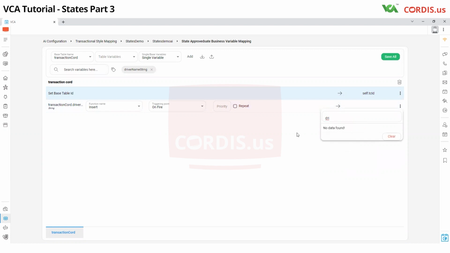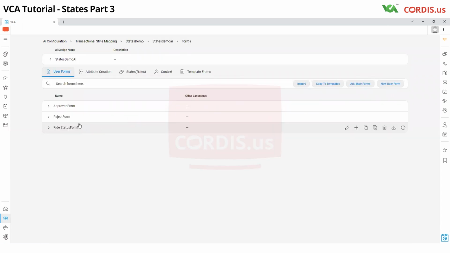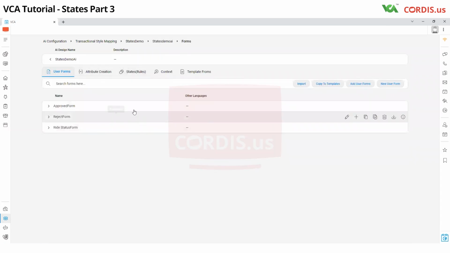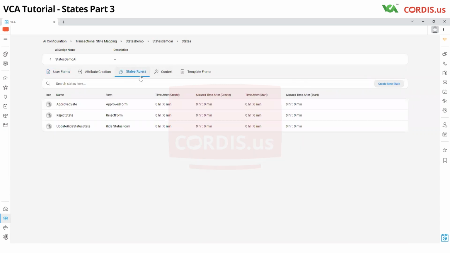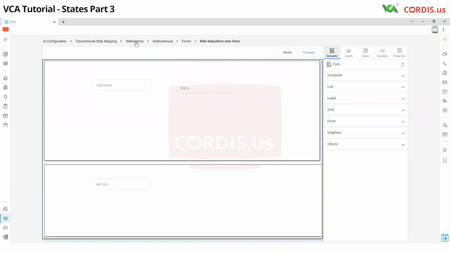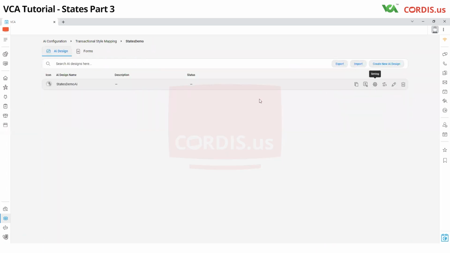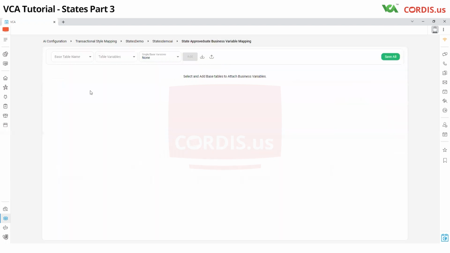I might not have attached the right variable. Let's quickly go back and check that. Sorry about that. And right status form. Check. Oh yeah, it is seller name. So we go here, states and rules, update right status state, approved state. We go here,